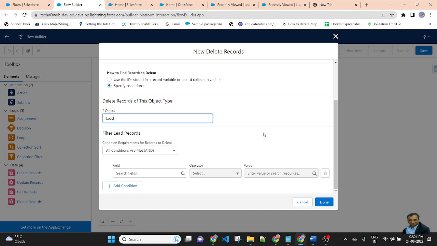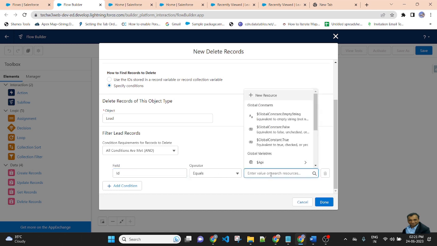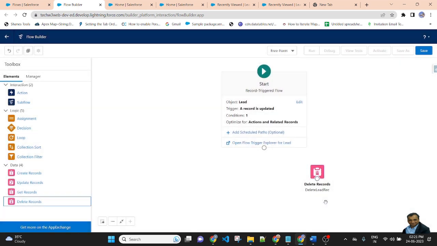The lead record is deleted whenever the field name Lead ID is equal to Record.Lead ID. If the Lead ID matches the current Lead ID, then done.